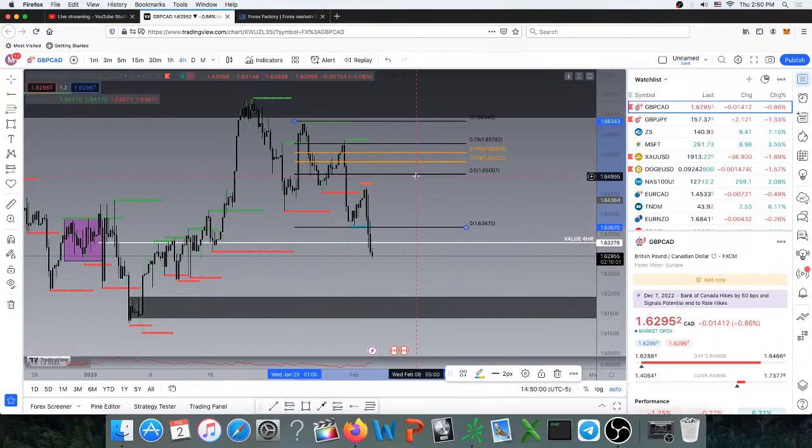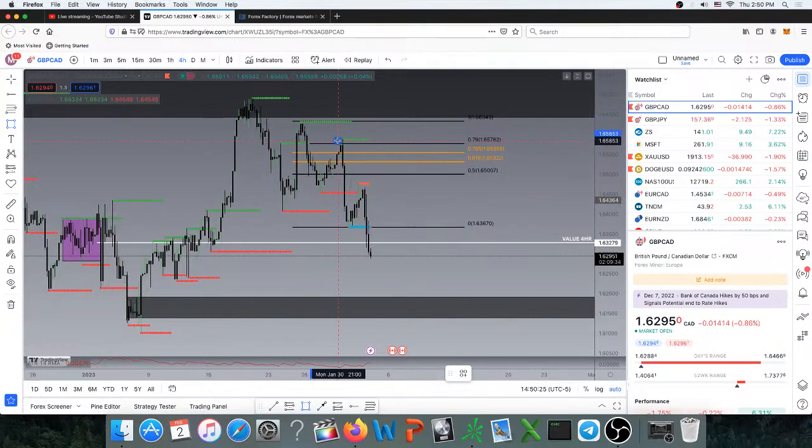I will wait for price to come all the way back and then sell it down. It could very well come here. Only if it comes here and gives you a nice little double bottom, I would buy it. Other than that, I would only look for sales on GBP CAD, mainly